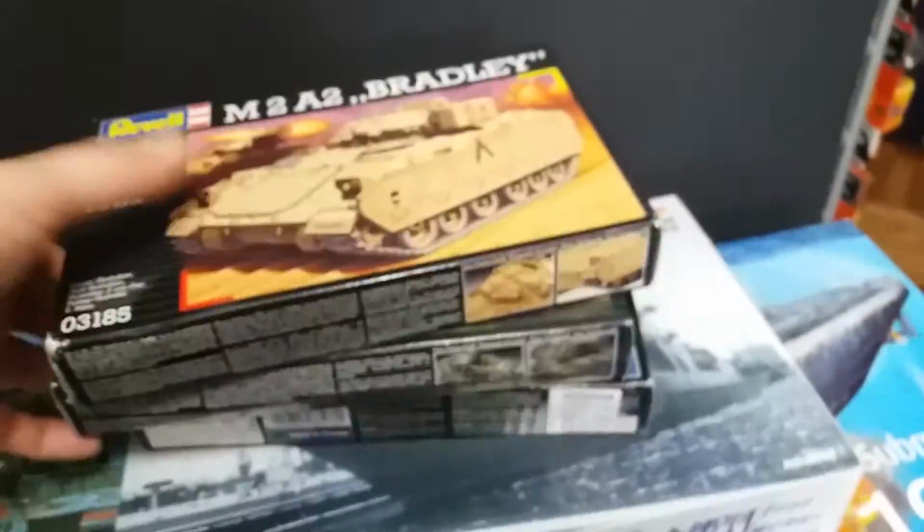And this kit is super detailed. Oh man, I looked at it. I was like, I'm glad I got it. I got 3 tanks in 1/72 scale. Oops. This one here,